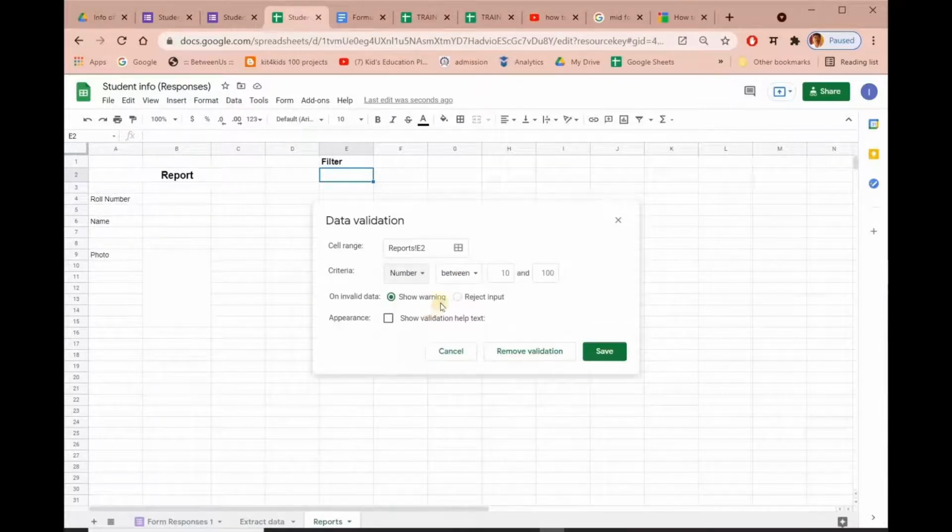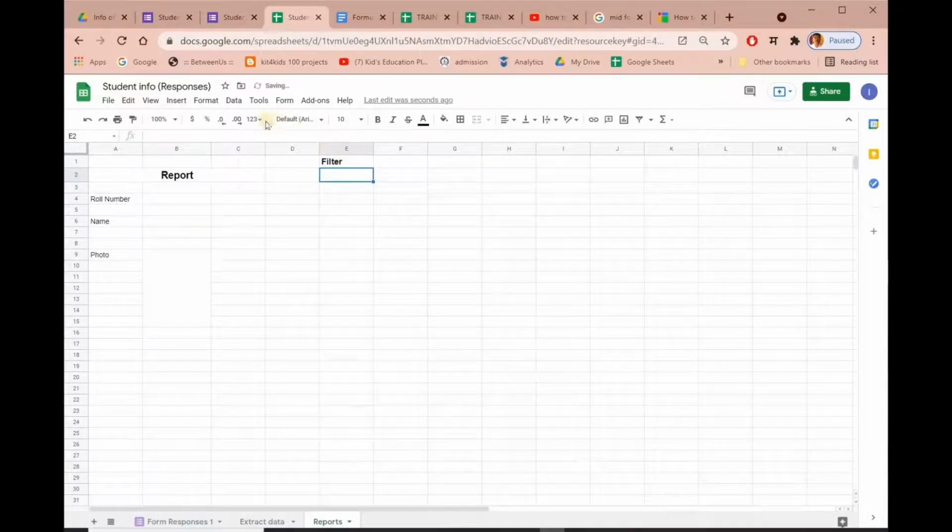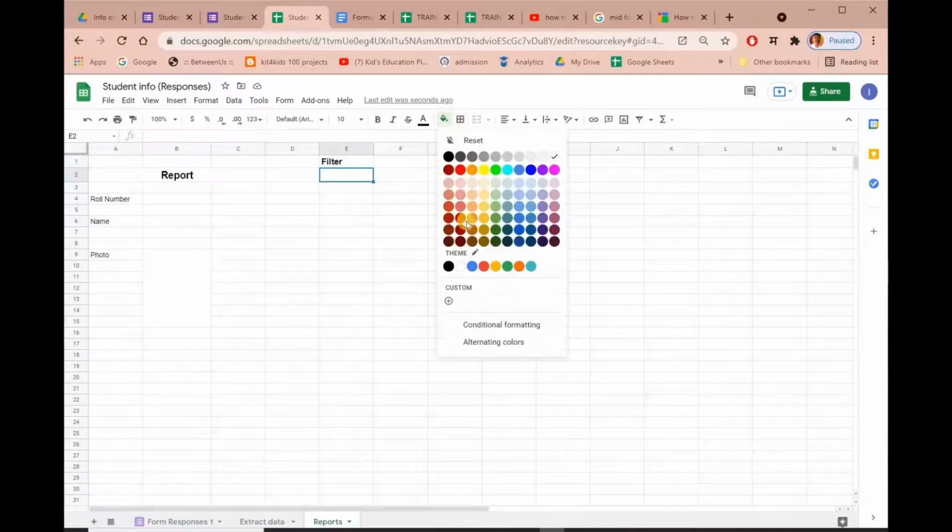It will be a number from 1 to, suppose you have a maximum of 50 students, so we'll keep it 50, and if someone puts any data except this, the input will be rejected. We'll save this data validation, and we will also change the background color of this cell.